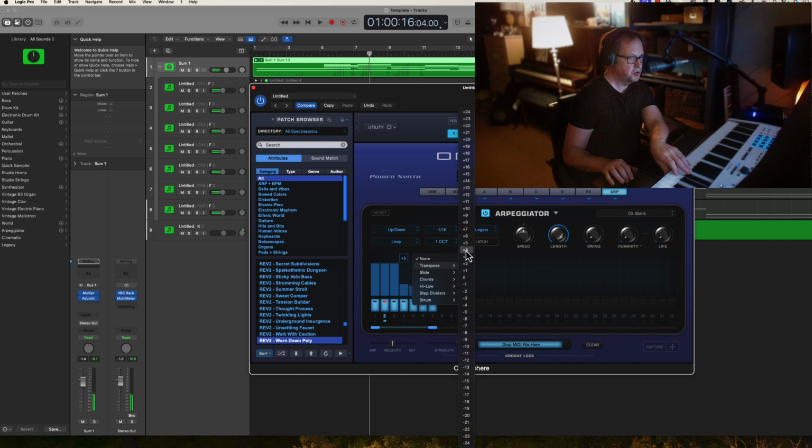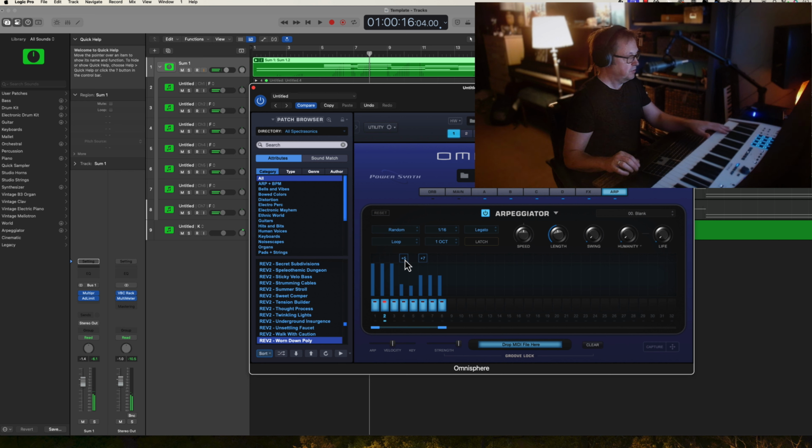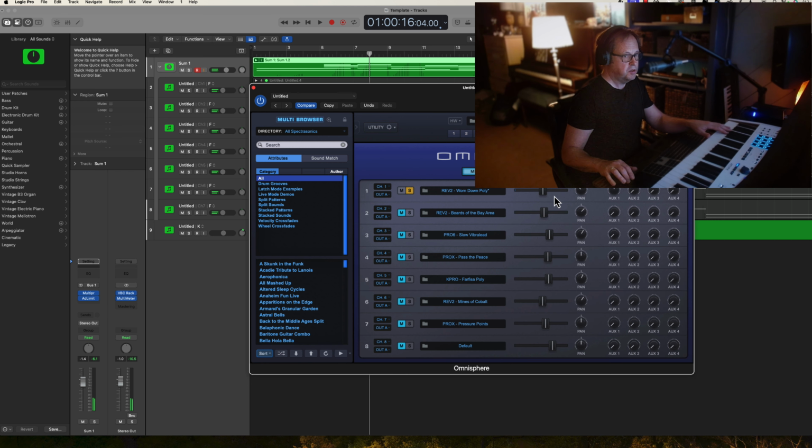And I can do multiple transpositions. And let's bring this to 8. And I can use the style of arpeggiation. And that can become a groove. So when you pull in the rest of the samples here,